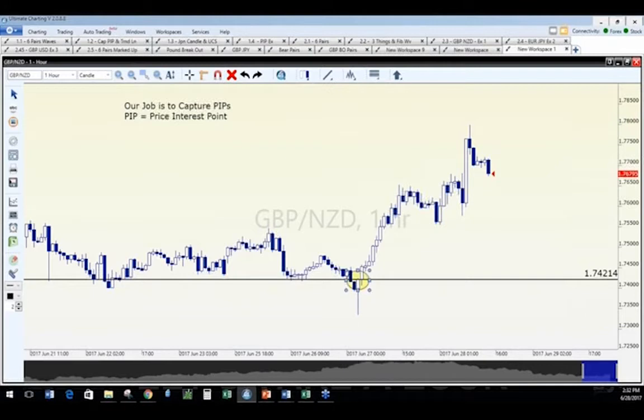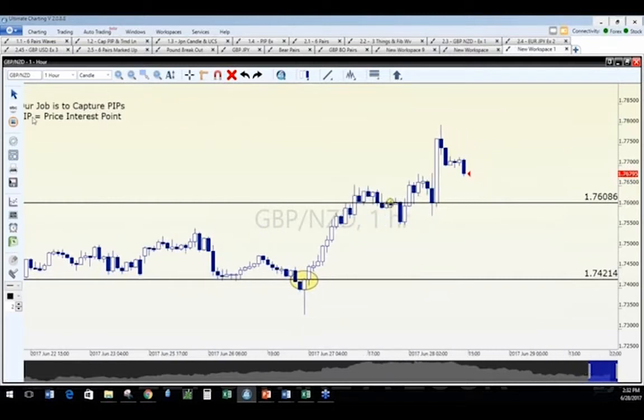And I can go through all kinds of different strategies, but let's just say, hey, I think it was going up, it consolidated, and I got out right there. And I'm just going to put another little line right there. So let's just say we got out right here, okay? Just to give you an idea, and I'm going to try to make this a little bit easier for everybody to see, okay?